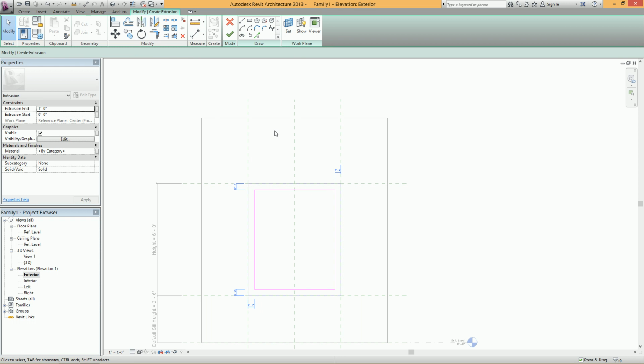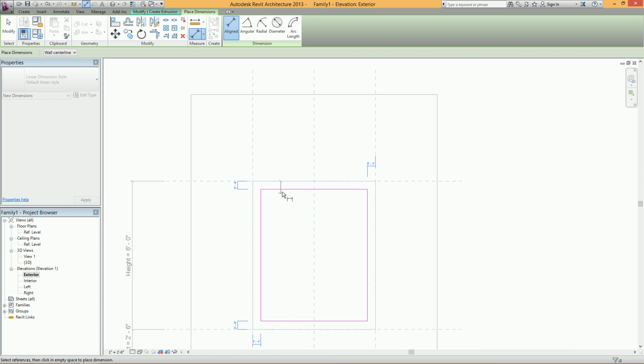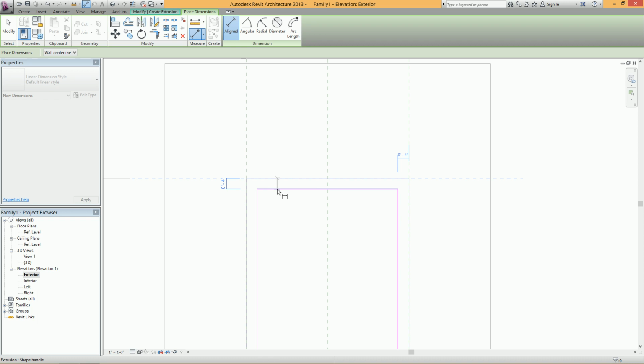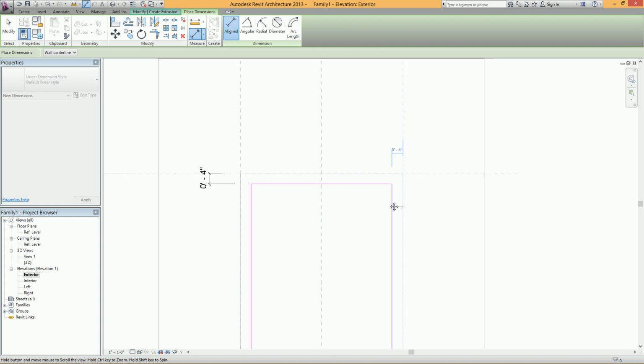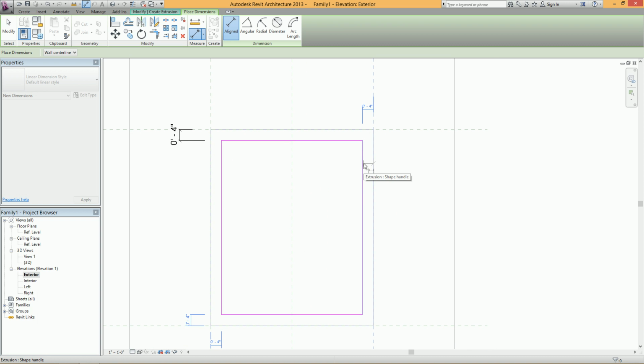So if you use the align dimension tool, click the reference plane, and you want to be careful here, since there's the sketch line and then the window frame that we drew before, it's most likely going to default to the other extrusion. So press tab until the line is thick, and then click it, and then you can lock it. So again, click the reference plane, and you can see how it's not really that bright, and if you look in the bottom here,